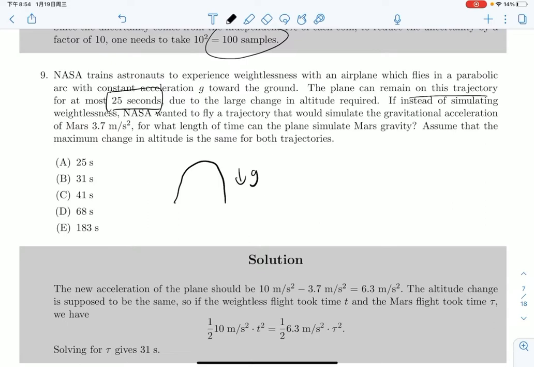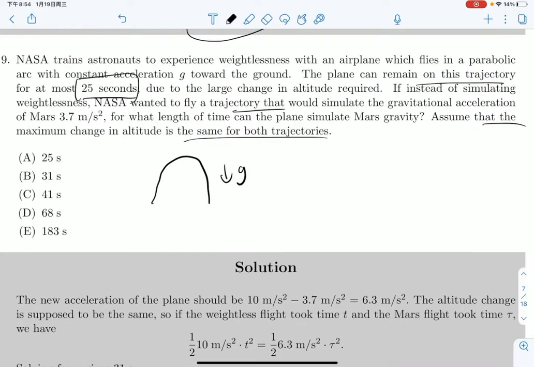If instead of simulating weightlessness, NASA wants to fly the trajectory that will simulate gravitational acceleration of Mars, assume that the maximum change in altitude is the same for both trajectories. So first, if you want to experience a gravitational acceleration of 3.7,